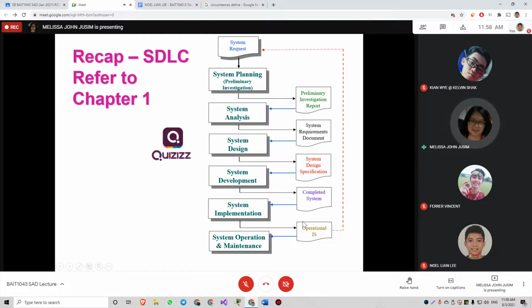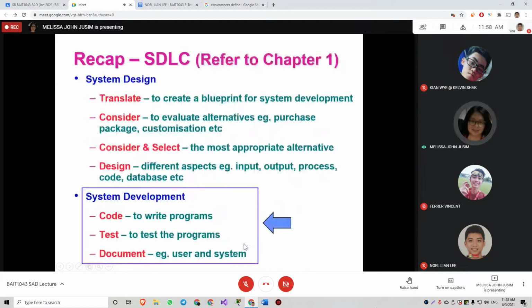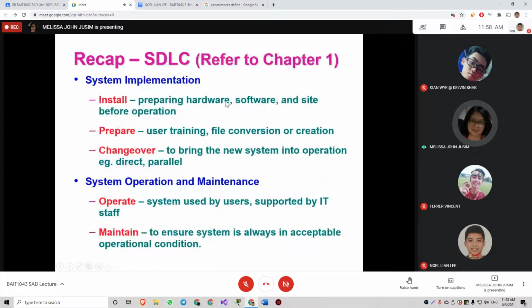And then the operational IS will be getting what we call maintenance from time to time. So that is to give you a preview of what we'll cover in the next few chapters. Okay, the last one would be the system operation and maintenance. Just to show you again where we are, since we are already at the middle of our semester.